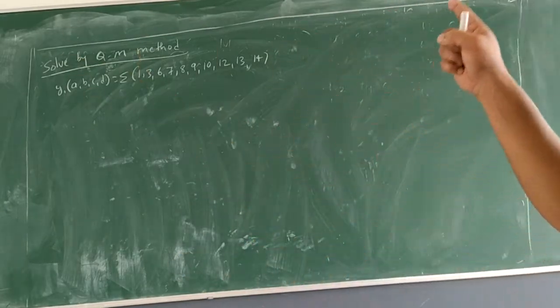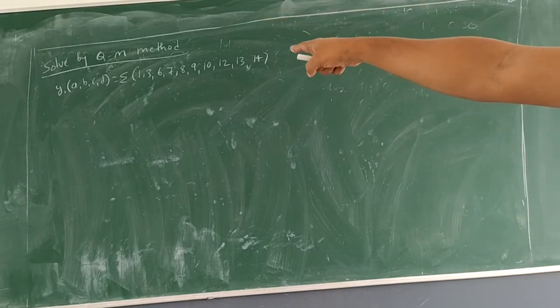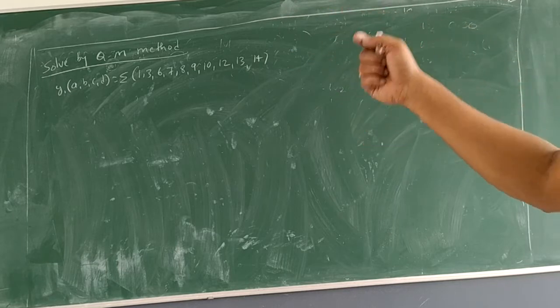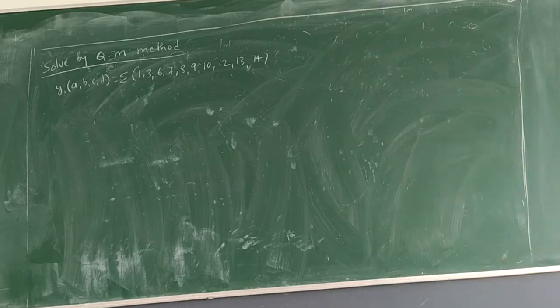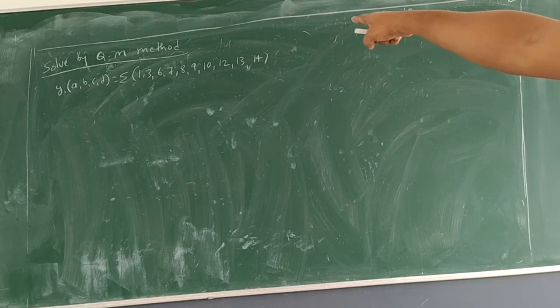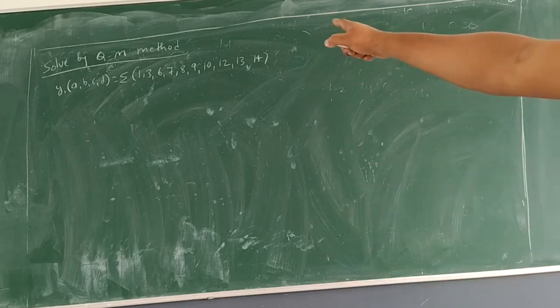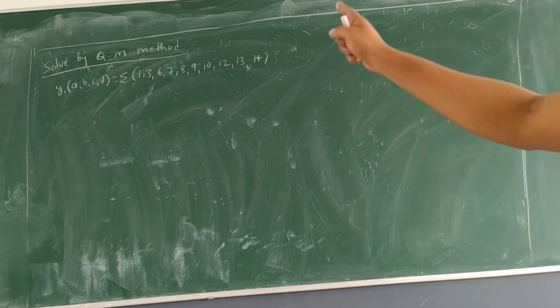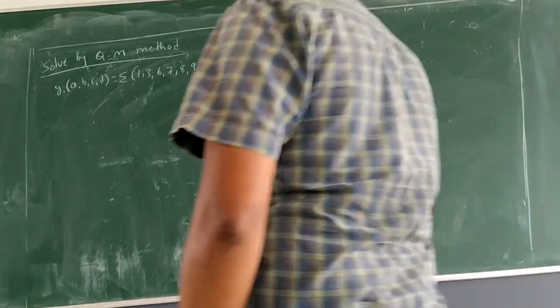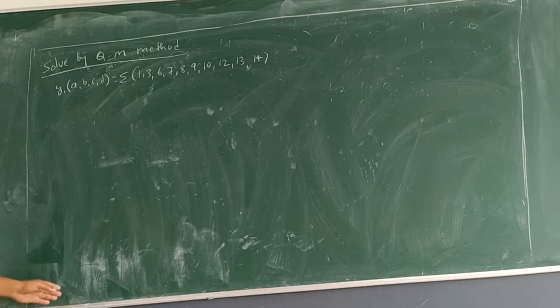If not given, rewrite the function with variables a, b, c, d, sometimes w, x, y, z, or l, m, n, o, like that. They can give any variable name. Here, rewrite the numbers in the summation set in increasing order. In the question itself, the terms are given in increasing order. So let us continue with the second step. Now rewrite the numbers in increasing order.